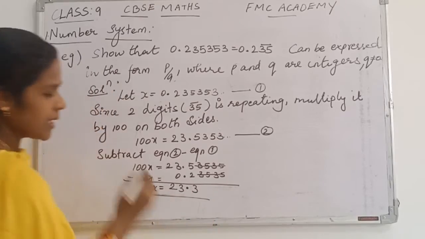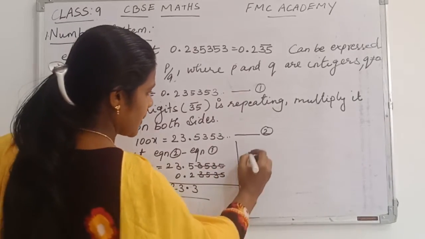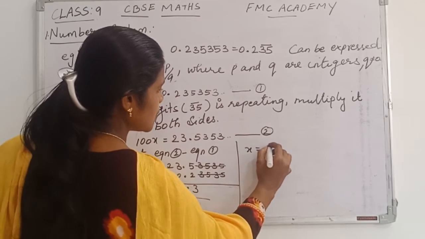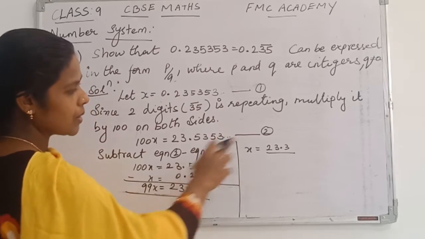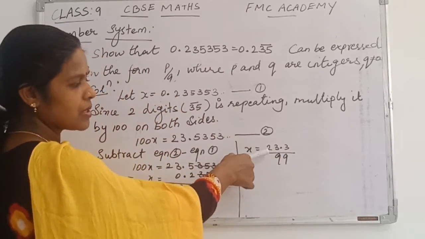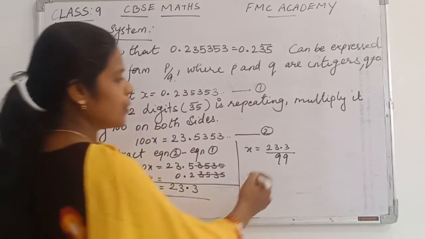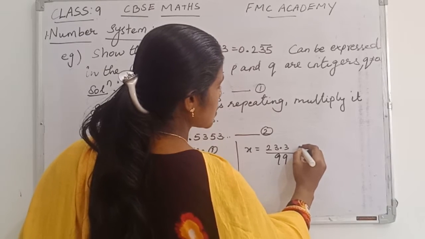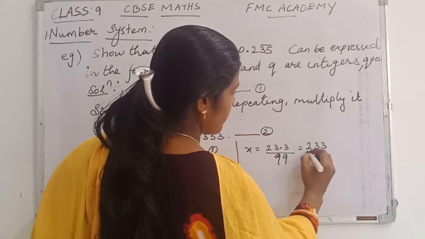Yes. Now the next step, let us find out the value of x. x is equal to 23.3 divided by 99, you will take 99 to the opposite side. Now here it is not in the standard form, so this decimal should be removed. So what you will do? Multiply by 10 on both the sides. So you will be having 233 by